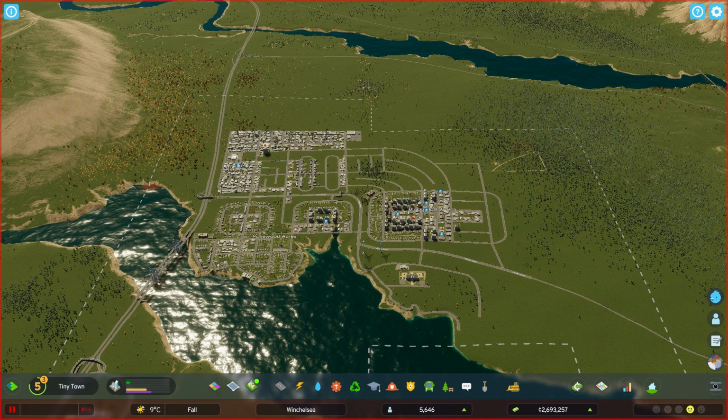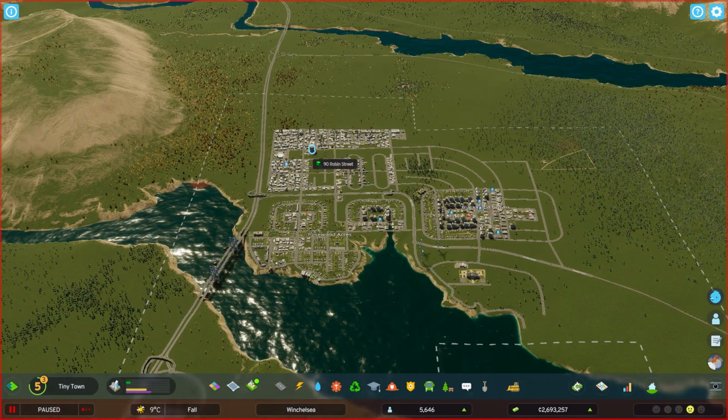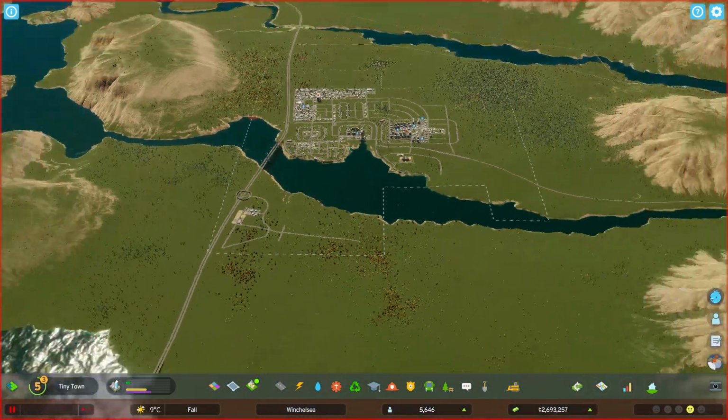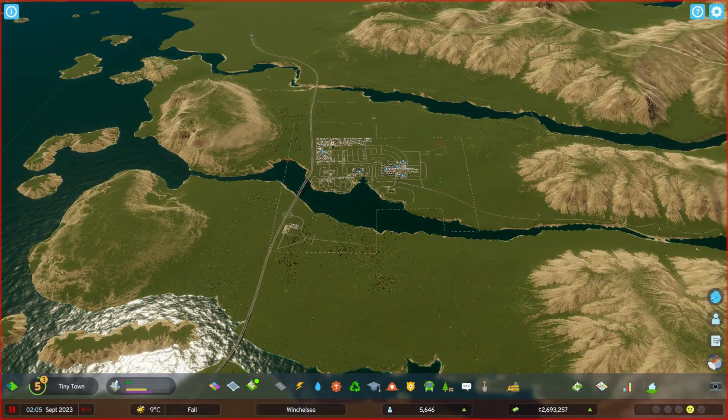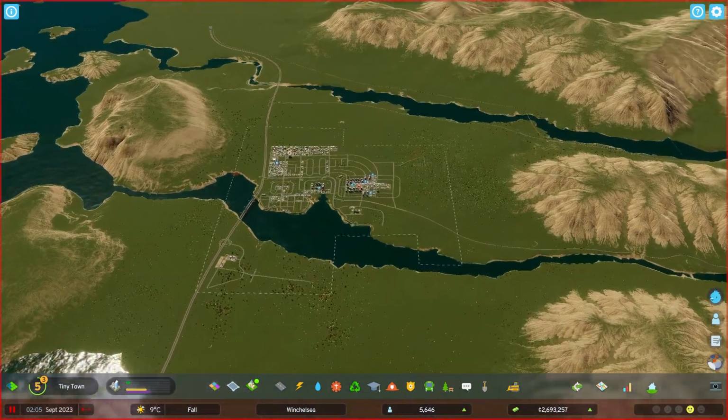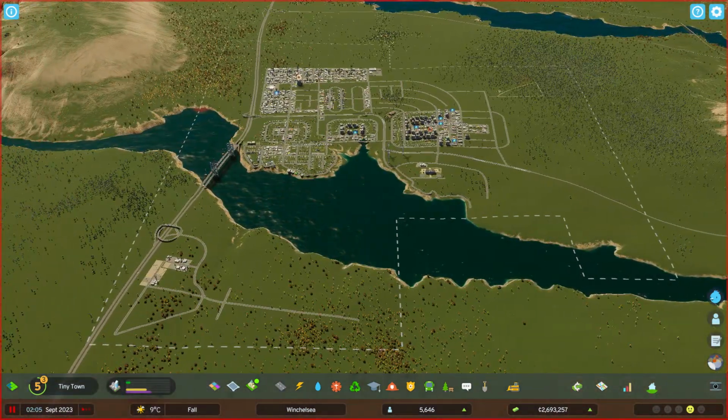Some of the builds that I've seen people do in these cities are really good with the open space that they have. It looks realistic, it's very well planned. The way this city started, I think I regret choosing this map. I think it's very difficult to plan out the streets of the city. In the next series I do, I plan to